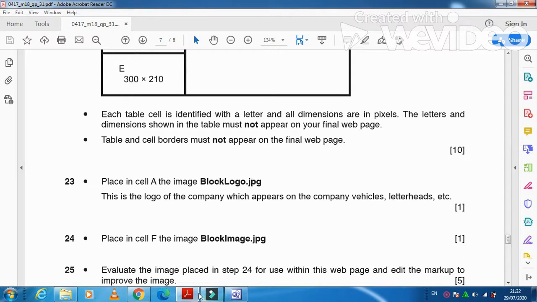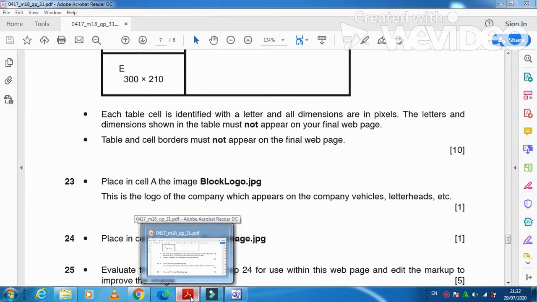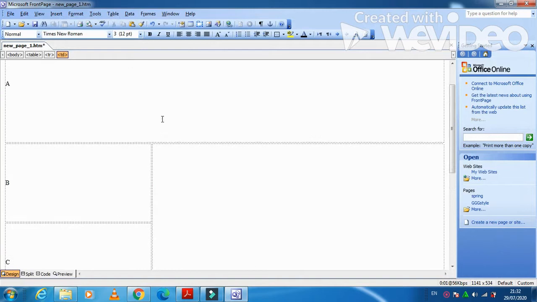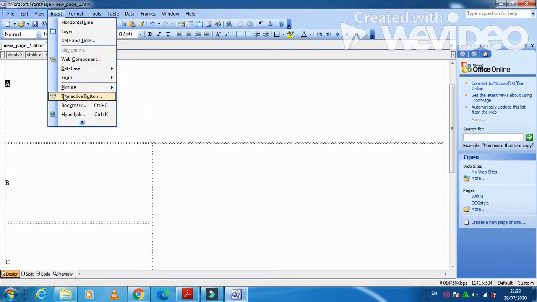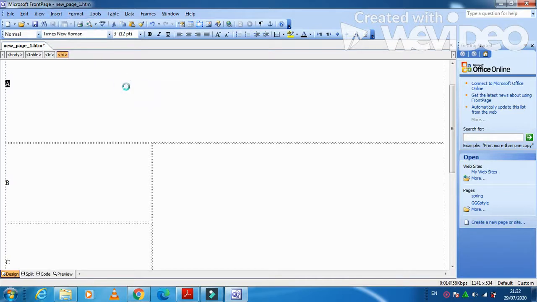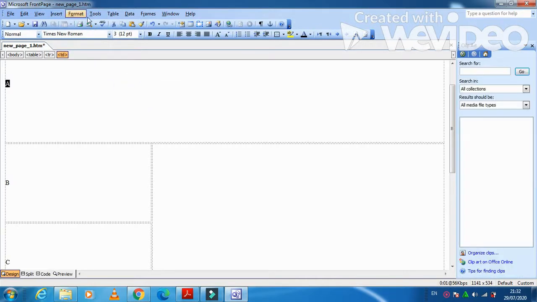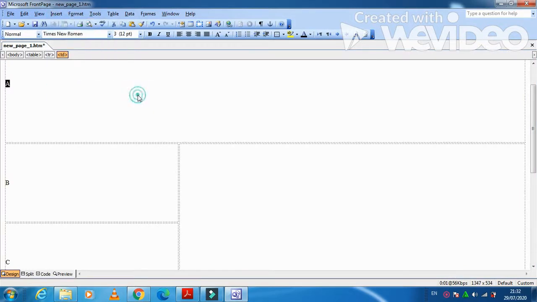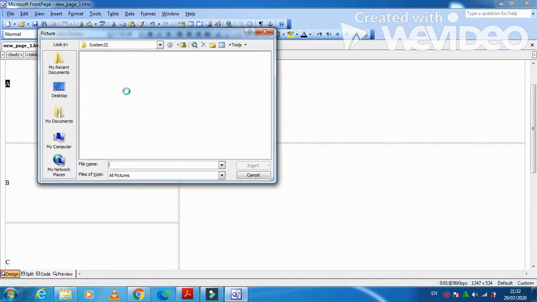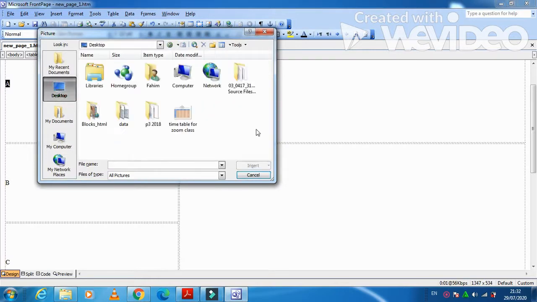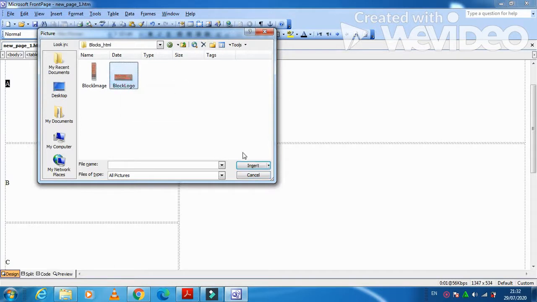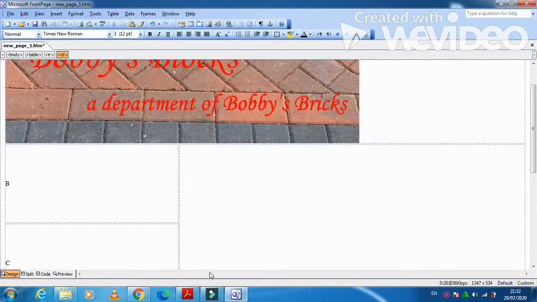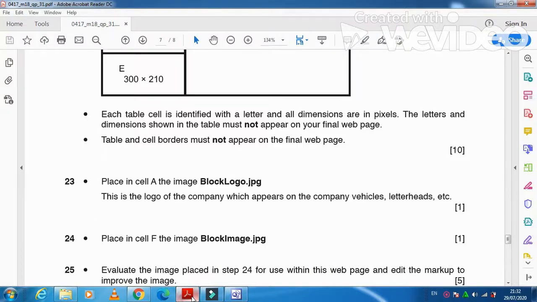Now moving forward to the next step, place in cell A the image blocklogo.jpg. So in cell A, remove this one, insert a picture from file, not from clip art. Then we need to click on desktop, and we have a folder here and the logo is inserted.